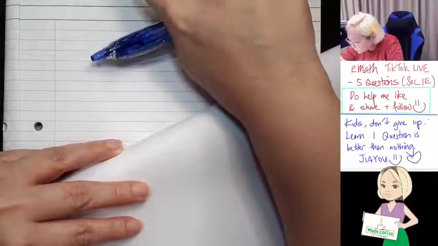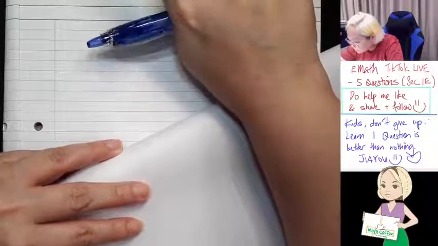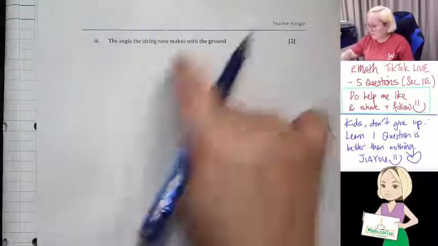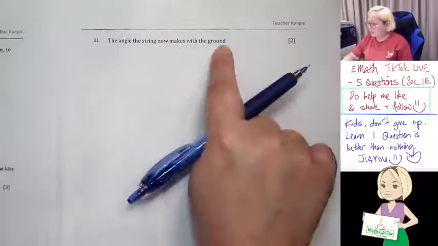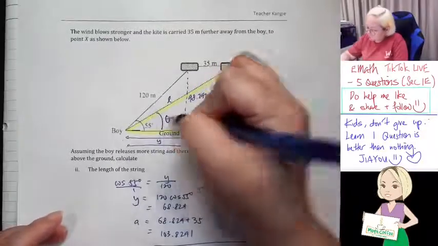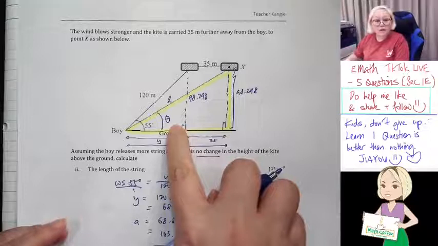Okay, let's move on. Next is they ask to find the angle the string now makes with the ground. So now your task is to find this angle over here, this one. Again, using the